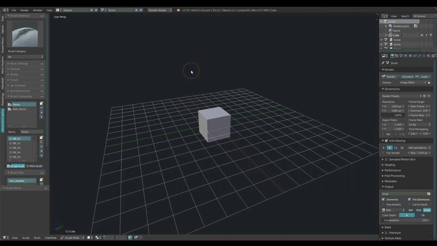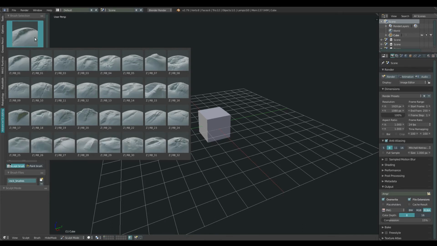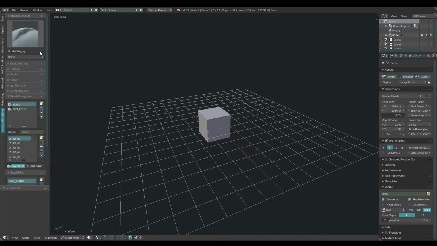But in this case, the add-on sees that some brush categories were not made in the file but were imported from other files. So it will just re-import all the brushes that I need. So here, if I go to rocks, you'll see all the rocks are still here. I can just easily use them. I can save the file however many times I want, close it, reopen it, it won't matter, it will always load them. And when I no longer need them, I can just